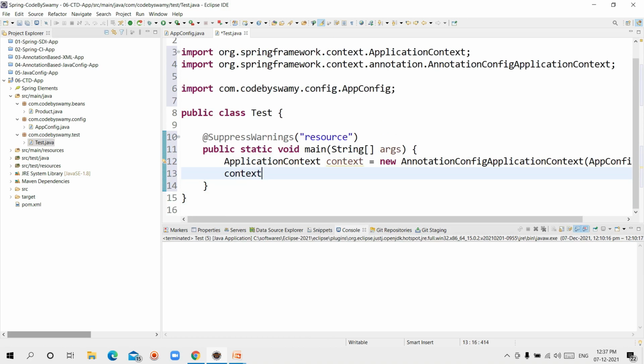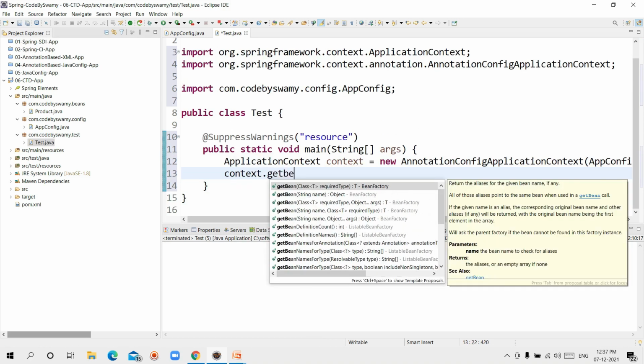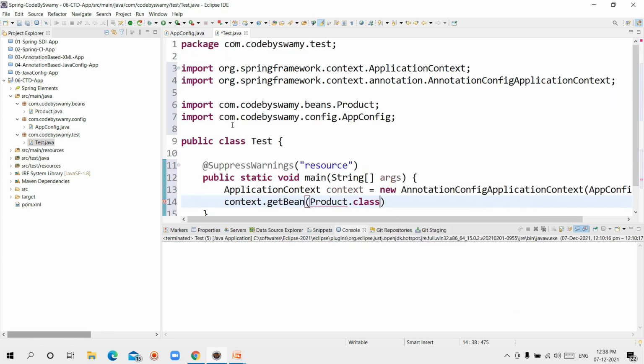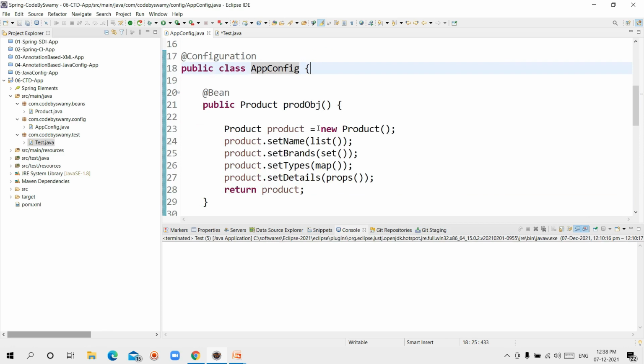Context dot get bean means I'm asking the container, hey container, please provide the bean. So our bean class is the product, right? I'm giving product dot class, and this time I'm using the configuration file. Go to the configuration file. What we declared here, the method name is prod obj.